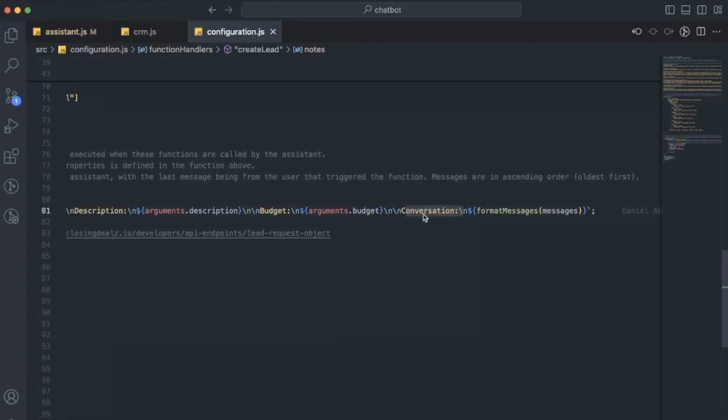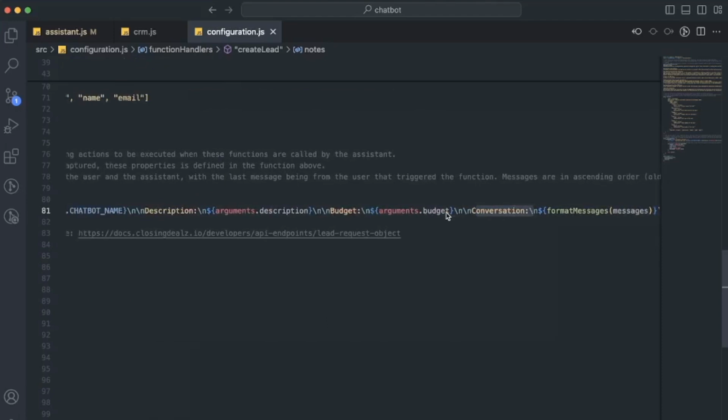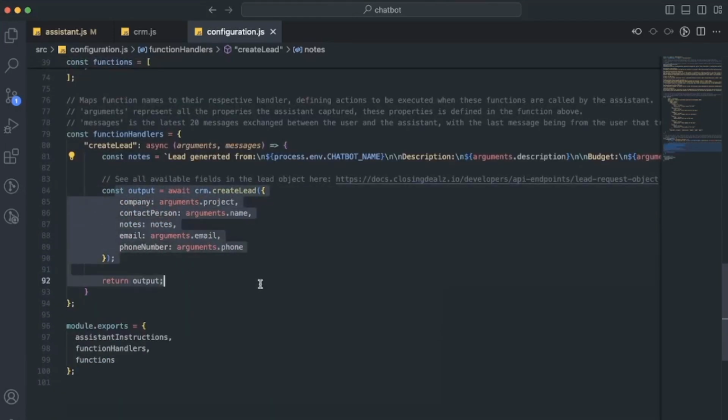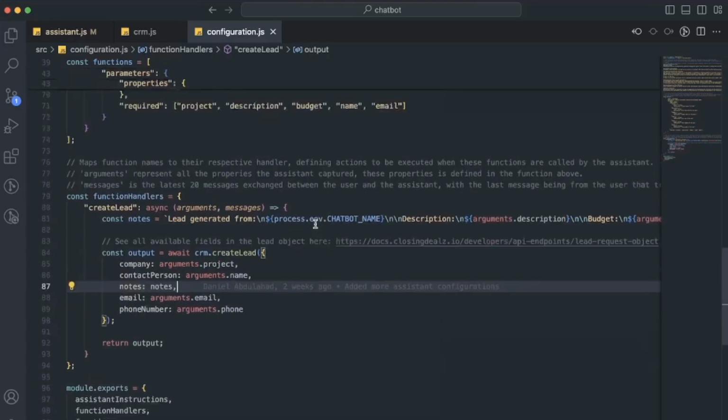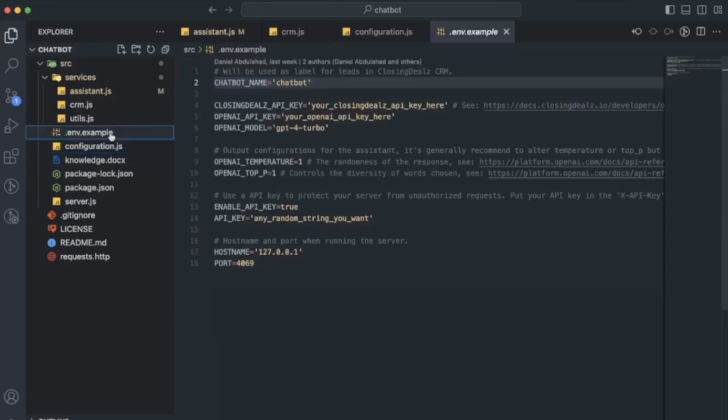And this is the cool stuff. You'll know the full conversation, so you're going to have the full context. And when you're about to close the deal, you're going to know what questions the user asked. That's pretty much everything. And now I'm going to go ahead and show you guys the last step, which you have to do, and that is go to